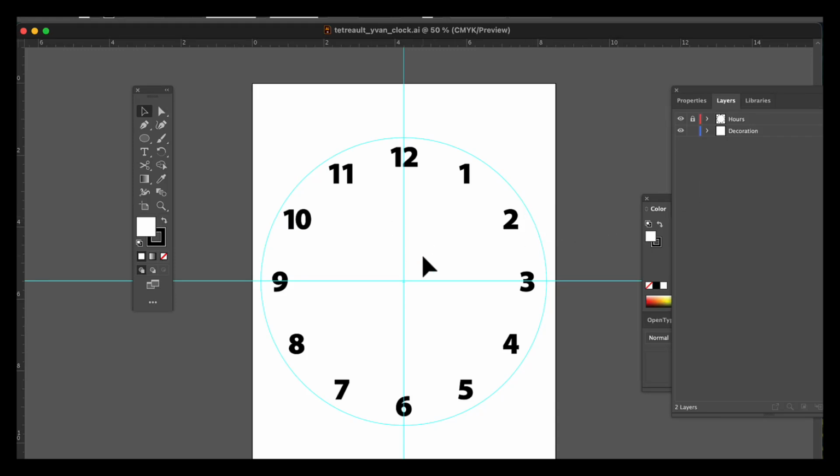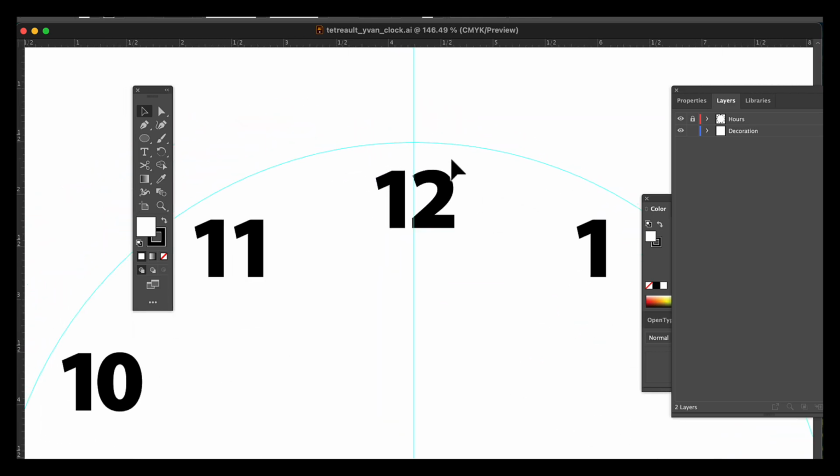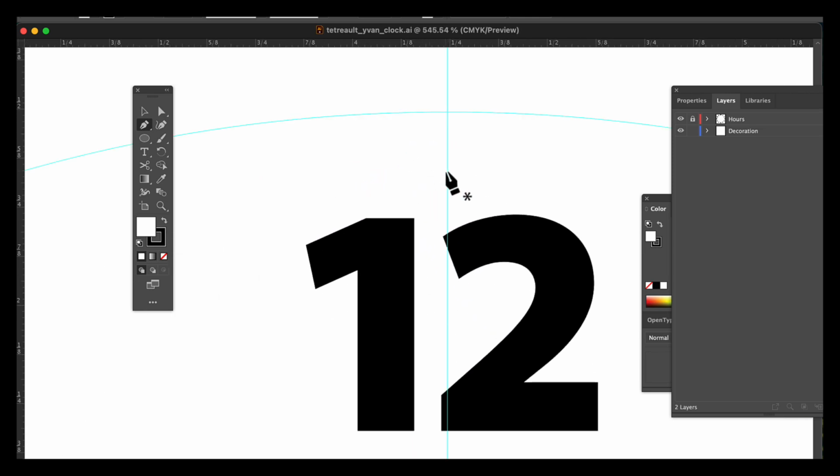So I think I'm going to add very simple decorations to my clock. I'm going to zoom in a little bit, and I'm going to use the pen tool to draw little lines to show the minutes. So I'm going to zoom in still more, and in order to draw a line with the pen tool, you click somewhere, and then I want this to be a vertical line, so I'm going to hold the Shift key